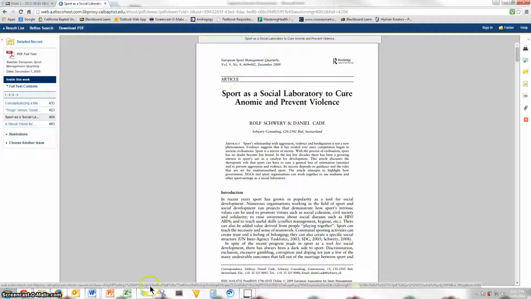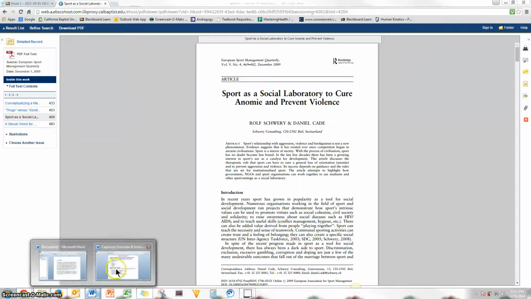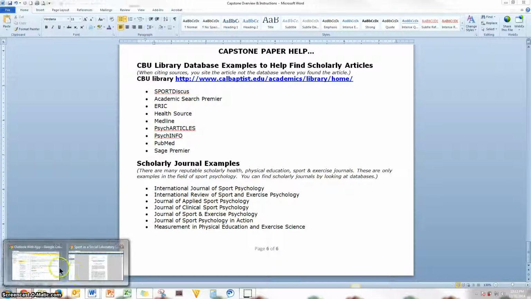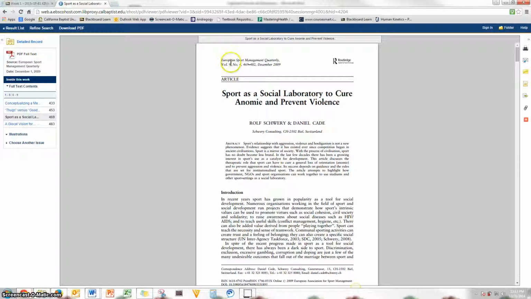So don't be afraid to go and look at other places. I just gave you some citations of some specific sports psychology journals, but as you could tell, you can go to any type of journal article and find some type of sports psychology and sociology based topics. So hopefully that's been helpful to you, and if you have any questions,